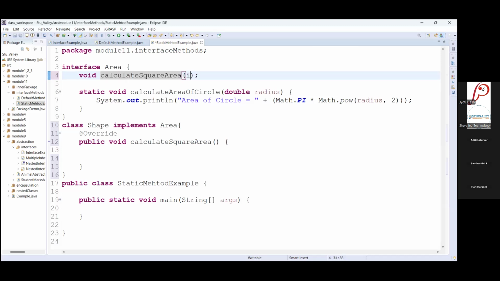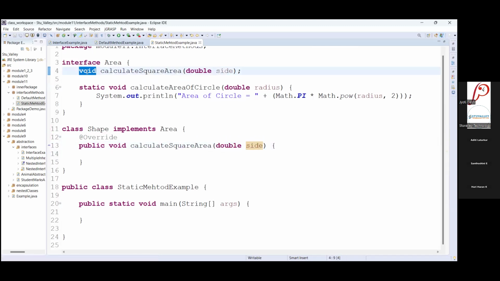And I am changing the signature also. Here I am passing one value, a double parameter side. So here also I need to change the double parameter side. This method returns a double value. I am changing the signature because I need to show you that different signatures are also possible in an interface. So it is not compulsory that you give only void methods without parameters. No, you can add parameters, you can give different types of return types also inside an interface.